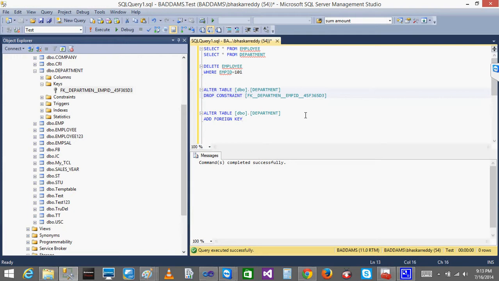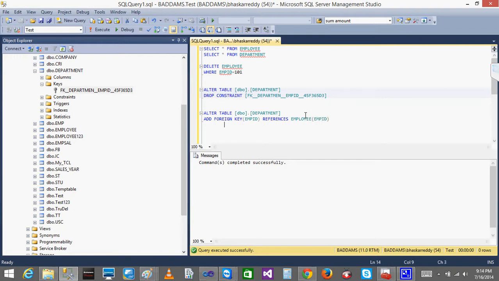On which column do I need to add it? On the department table's EMP ID, references the employee table, EMP ID.